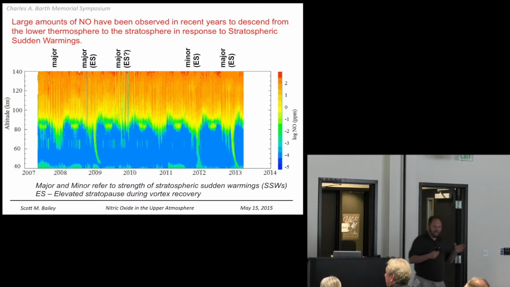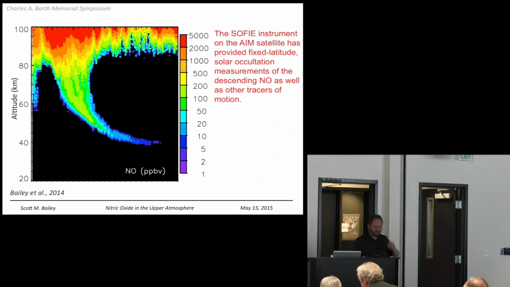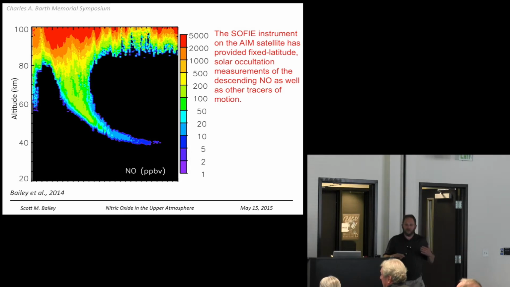And it's responding to changes in the vertical winds that are triggered by what's called a sudden stratospheric warming, a warming event in the stratosphere that changes the meteorology and allows nitric oxide to be pulled down. And just to give you an up-close version of that, here's the NO being pulled down. I seem to have lost my dates on there, but it takes about a month for that to get down. And the NO that would normally be up in the lower thermosphere, 100 kilometers, works its way all the way down to 40. And that's going to have a significant impact on ozone.